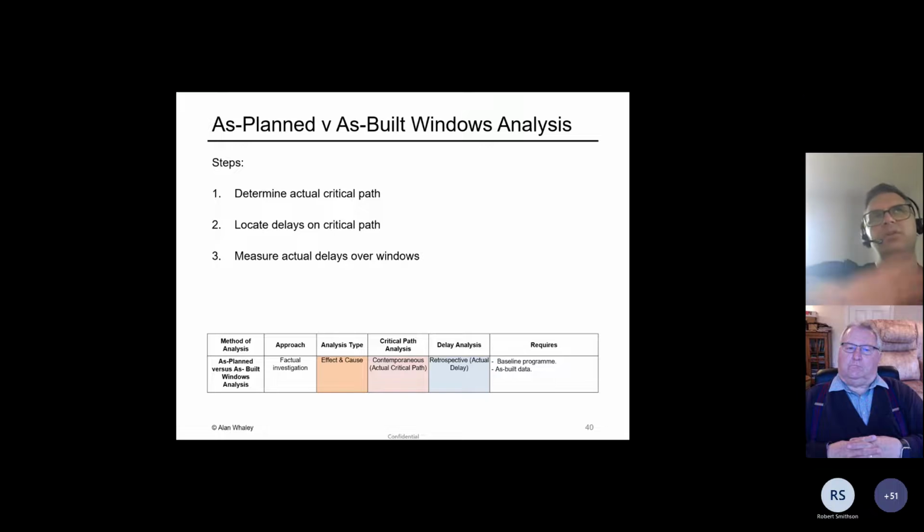The other approach is to do what's called an as planned versus as built Windows analysis. I just need to set this out a bit more because it's not so intuitive, I suppose, if you're not familiar with this stuff. Here we're undertaking what's called an effect and cause analysis. So the idea is the first step is to actually determine where the critical path ran. And we have to do that first because we need to focus in on that critical path to locate the delays. And once we've done that, we can then measure the delays, and we do that over a series of